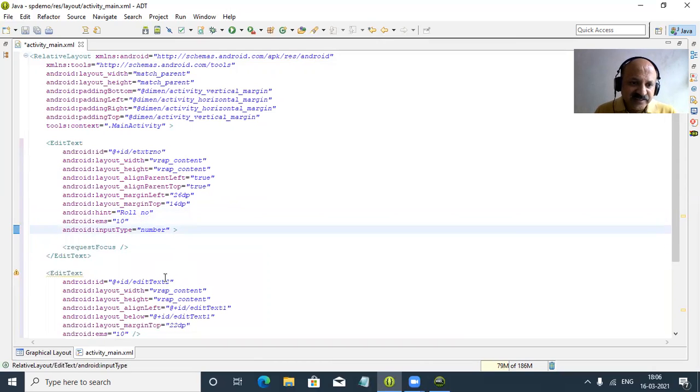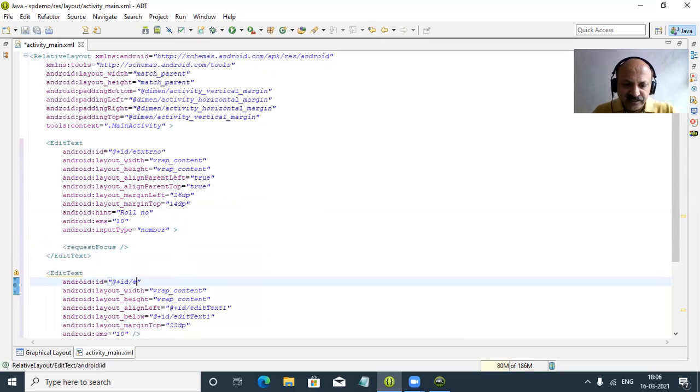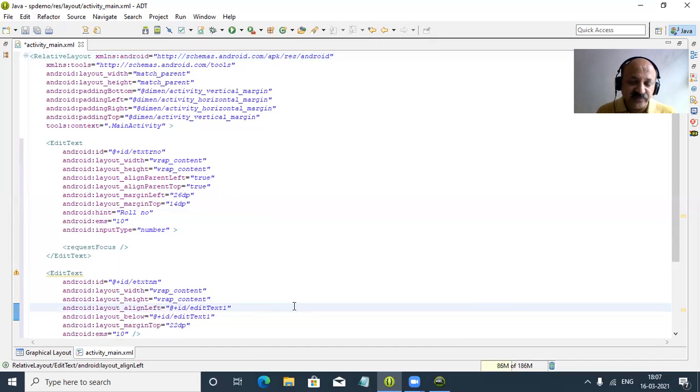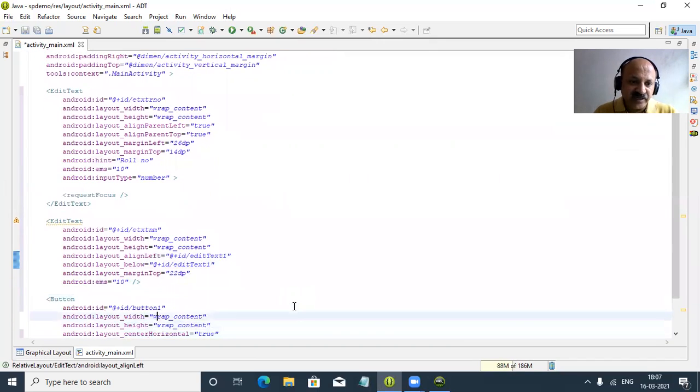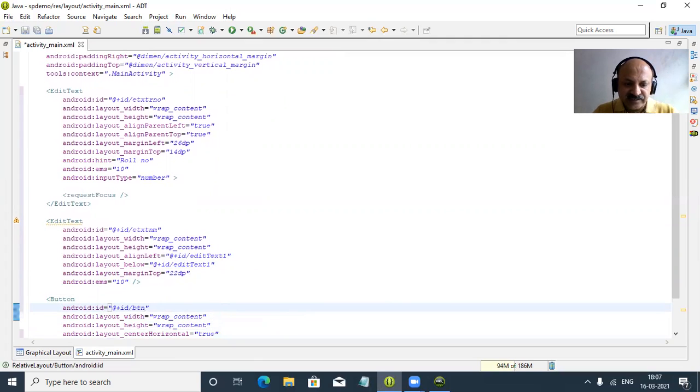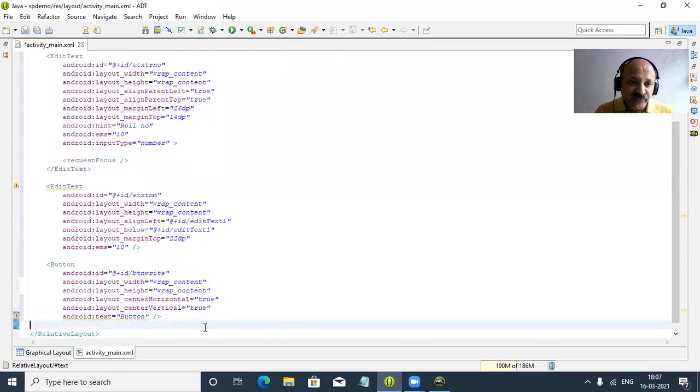And then next, that is our ID, etxtnm. So that is the name of the student, and here you can look, that is a previous ID reference. So yes, we can first change the button ID. So btn, and that is write. So I give the write ID. BTN is a prefix, and here we can give write. So write the file, or you can also use save word.